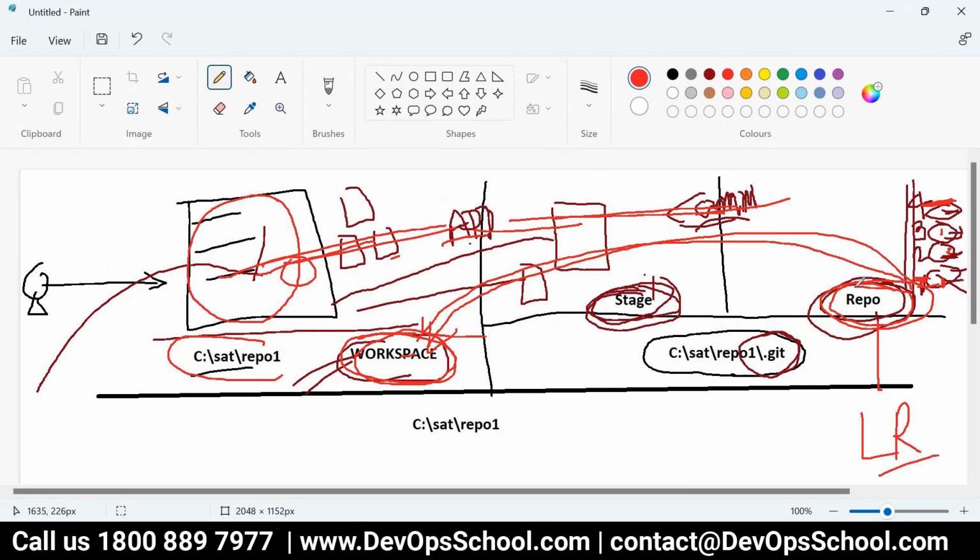Rajesh, one difference: what is the difference between Git and GitHub? These are the two words I'll talk about. Let's move on to that topic. I wanted to discuss something more about Git, but I think this will give you peace of mind. So let's discuss it.